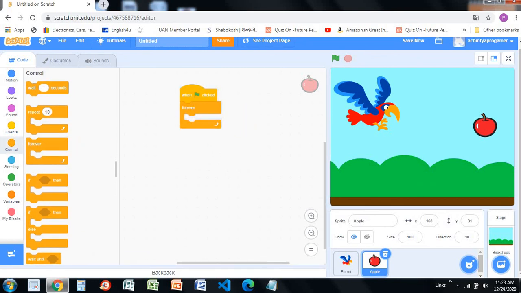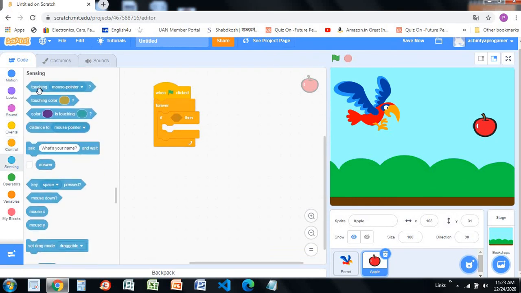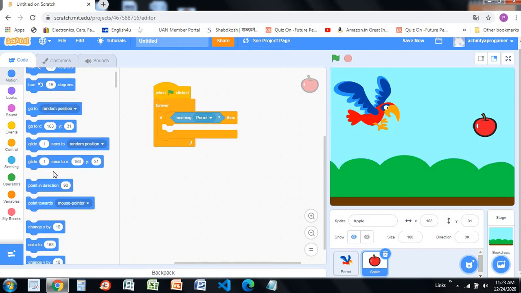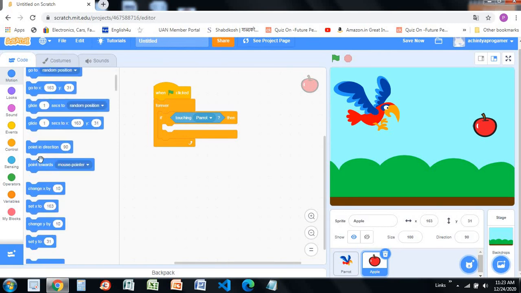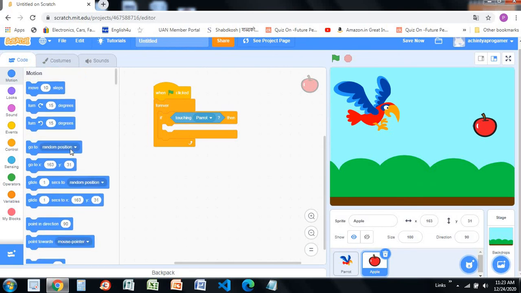Drag and drop this if condition inside this forever, go to sensing and drag and drop this touching mouse pointer inside it, and make this parrot. Then go to motions and select this go to random position block.